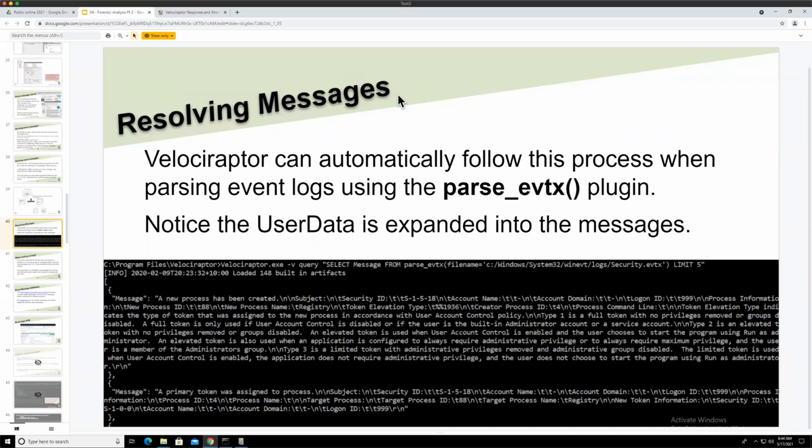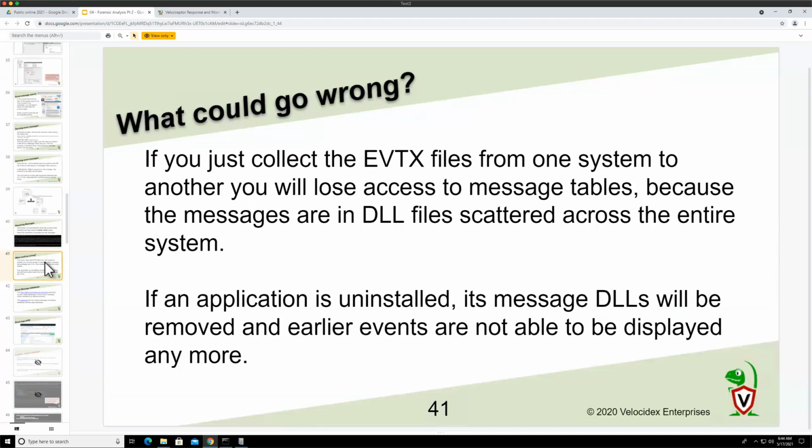So what we're asking is, can we extract the message before parsing the Evtx? What we're trying to do, that's actually the next slide here, is build some kind of a database of these event IDs and messages, so that we can have some kind of machine way of resolving those things together. It's not the best, because